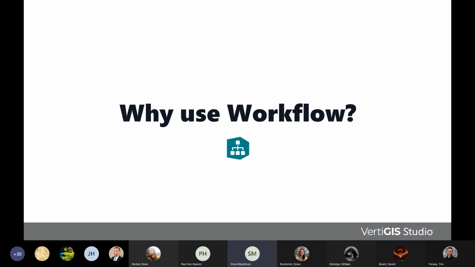a little bit as a group and take a look at some of the trends that we see happening in the world of GIS, right? We're an application vendor. We have the benefit of speaking to many, many different organizations all around the world. And we're seeing certain patterns and trends that are really driving the development of our technology forward. And I would say of all the components that make up the VertiGIS Studio framework, workflow is probably the most important, honestly, given the trends that we are seeing in the GIS